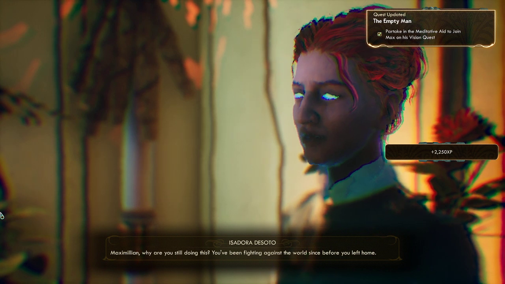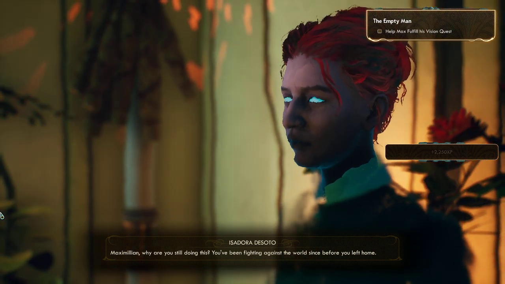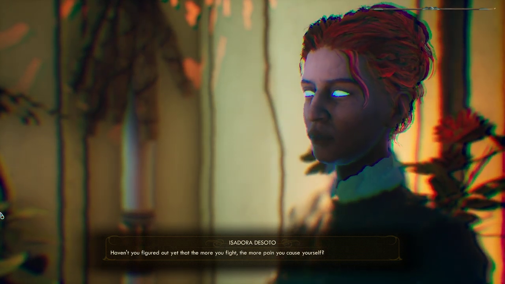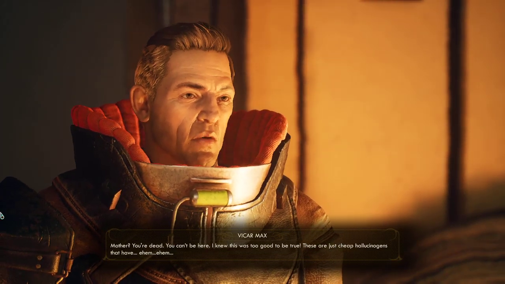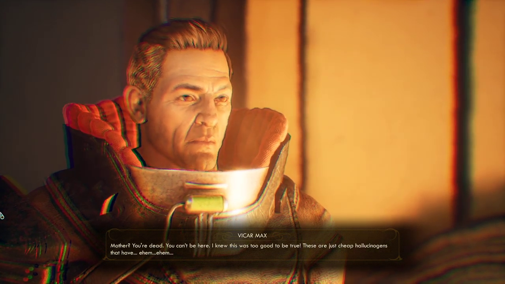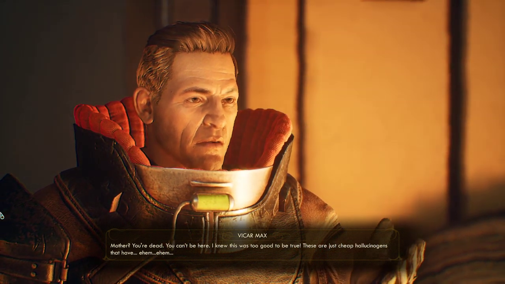Maximilian, why are you still doing this? You've been fighting against the world since before you left home. Haven't you figured out yet that the more you fight, the more pain you cause yourself? Mother, you're dead. You can't be here. I knew this was too good to be true. These are just cheap hallucinogens that have...